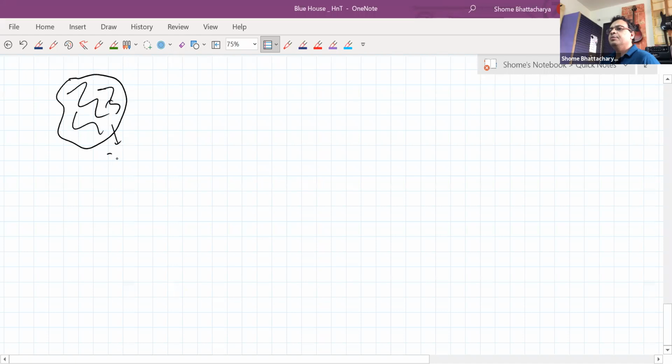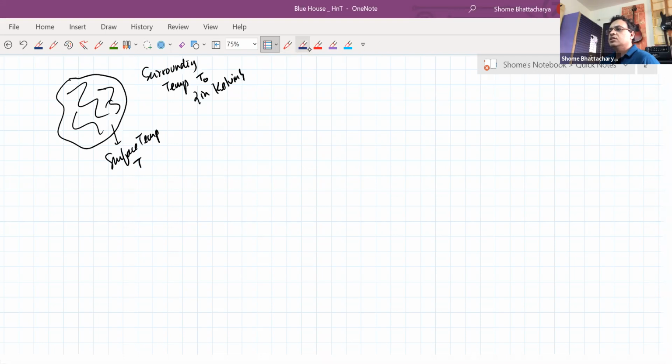If the surface is at a temperature T, but it is also in a surrounding, and the surrounding temperature is T naught, again in kelvins. Now it's theoretically impossible to have absolute zero. So a surrounding temperature of T naught kelvins will mean that the surface is continuously